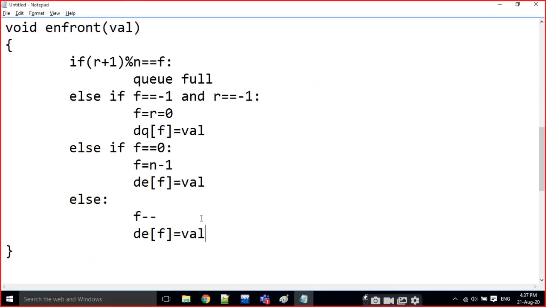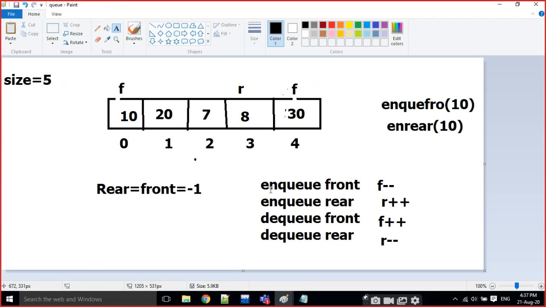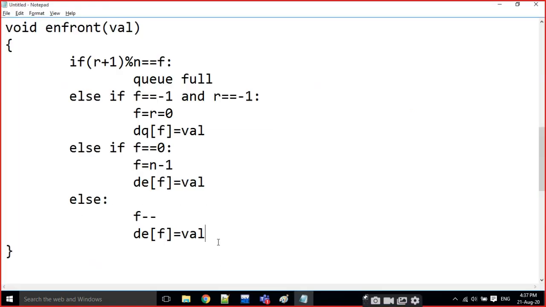For all the remaining cases, f minus minus is the base condition. If it is NQ front, it means f minus minus every time. This is the NQ front condition. Now NQ at rear. Just note down everyone, NQ front.